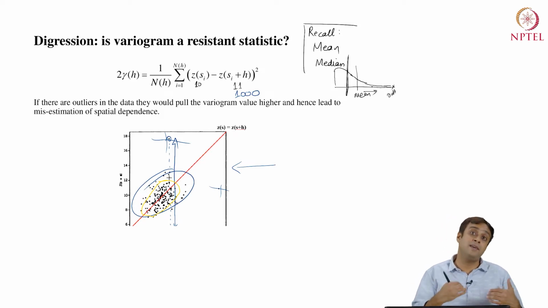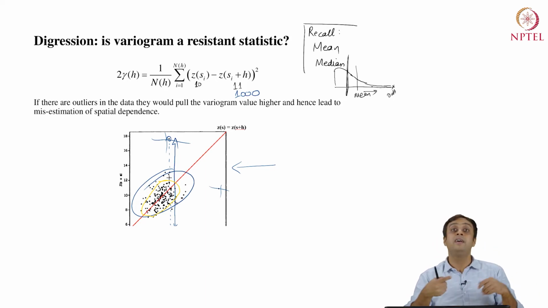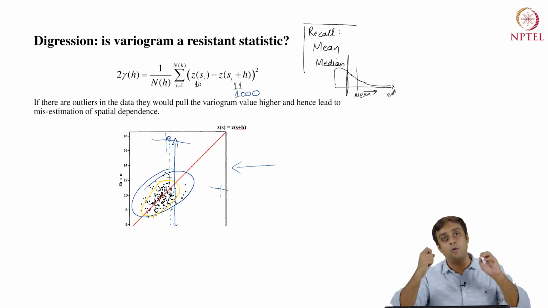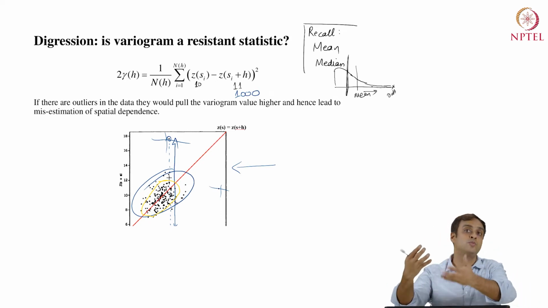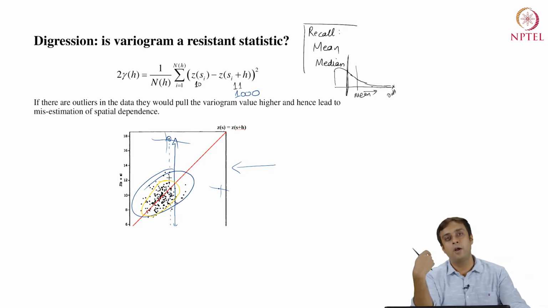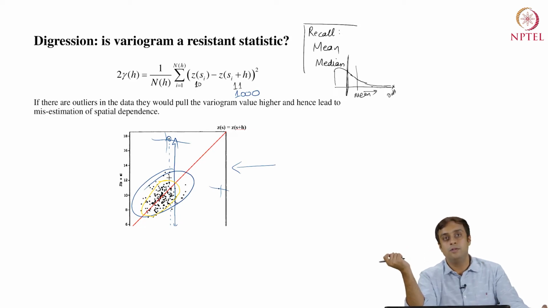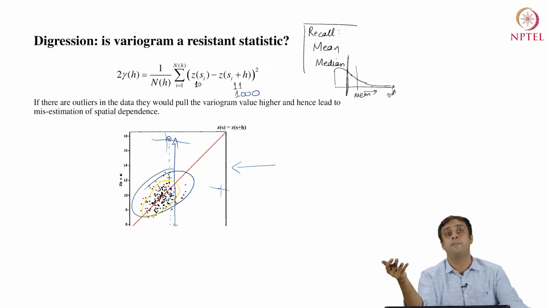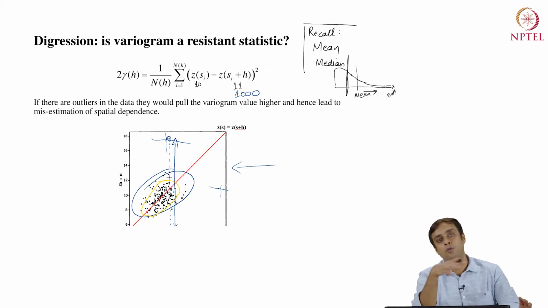That is why we conducted exploratory data analysis before we introduced the variogram. That is why it is very important to exclude the outlier values before you go on to conduct spatial prediction or spatial regression. Because in the presence of these outlier values, the spatial covariance structure in your data is going to be messed up, and everything that will follow, no matter how sophisticated your analysis is, will be a misestimation.